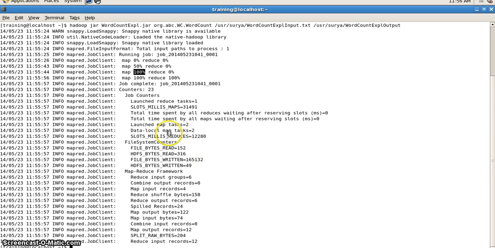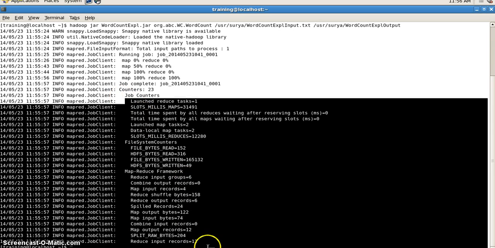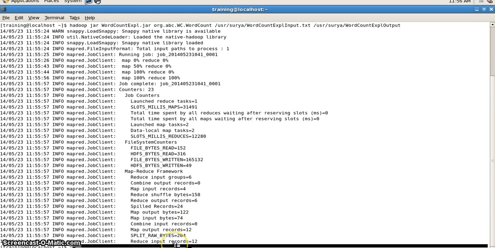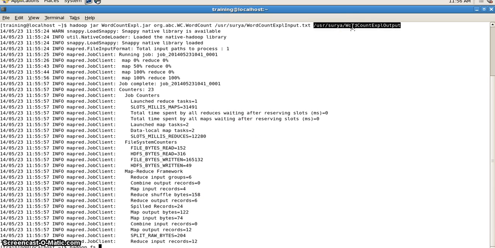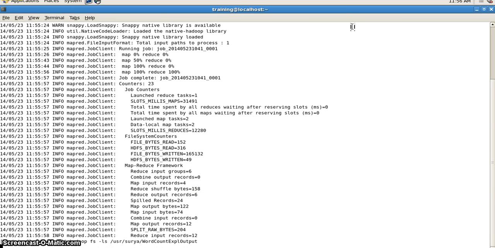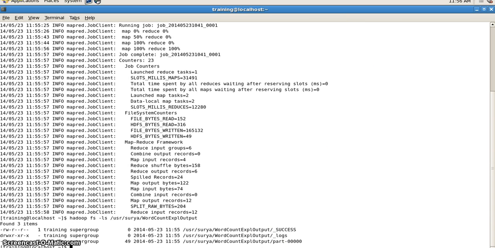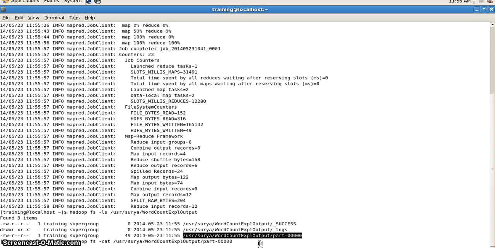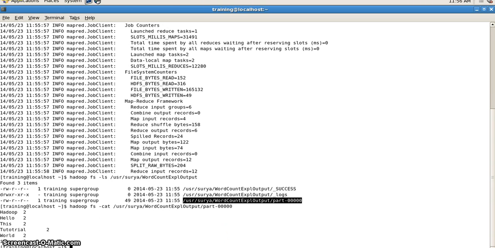So we got some details here, like how many reduce input records, how many map output records, all the stuff will be there. This is a general log file. So we'll go to my output folder and see the actual output. Yeah, this is my part-00000 file. I'll just give a cat. There you go. You got your output. Hadoop 2, hello 2, this 2, tutorial 2, word 2, world 2, and is 2. Everything is sorted, and you got your count as